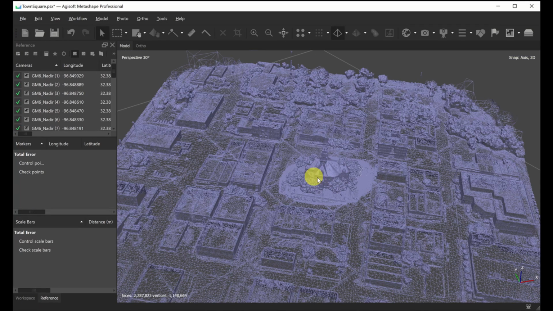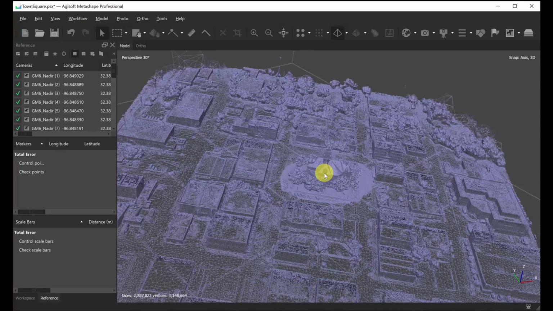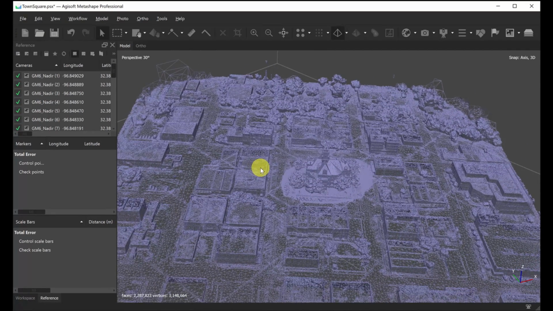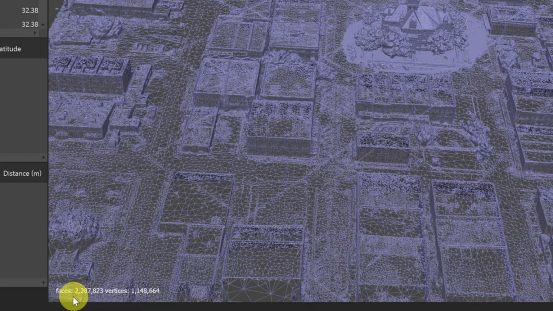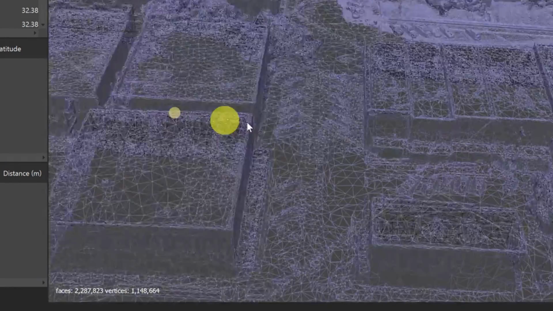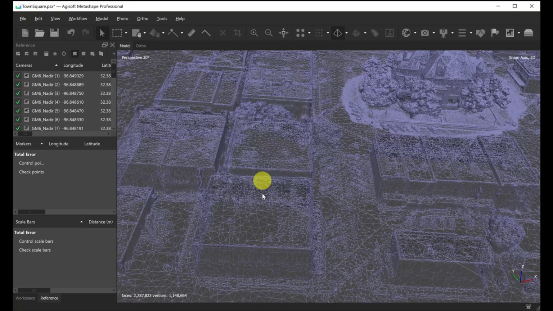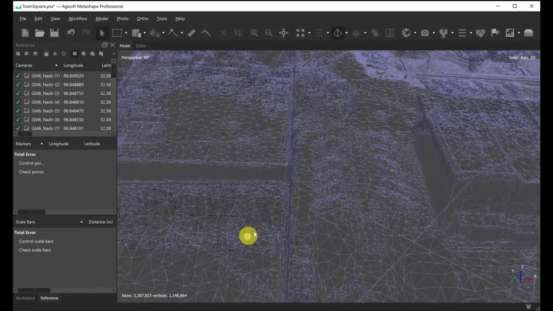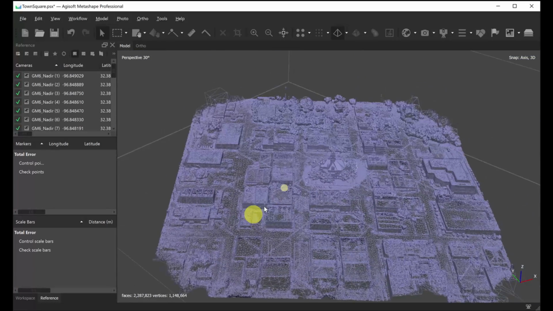Alright, so now I want to show one more quick little trick that I use to improve my 3D model, and that is Refine Mesh. As you can see, there's 2.2 million faces, meaning there's 2.2 million little polygon triangles. Alright, well, if I want to increase this because I want them to have better detail, I can go to